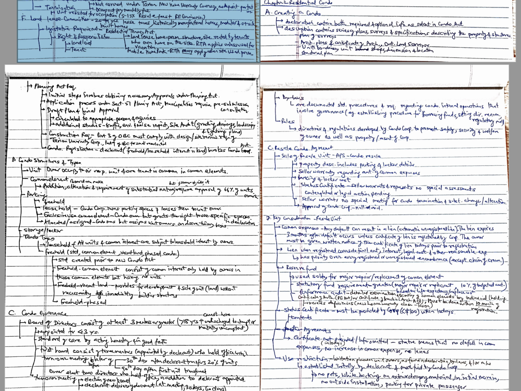Performance audits. A performance audit involves detailed examination and scrutiny of the common elements by an individual. This audit requires inspecting major building components, reviewing condominium documentation, and conducting a survey of owners concerning damage or defects. The individual then prepares and submits a written report to the board of directors.